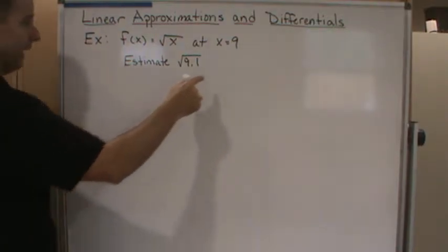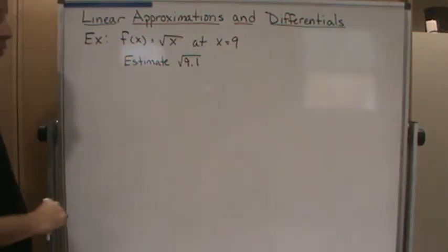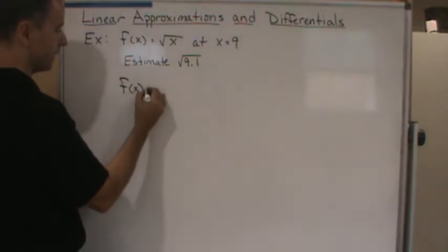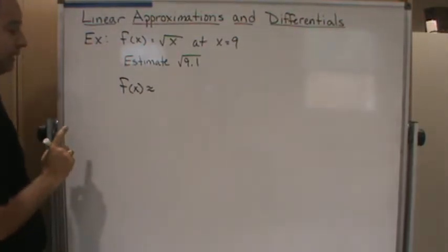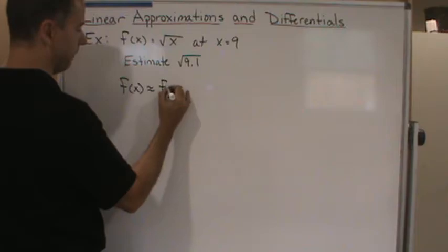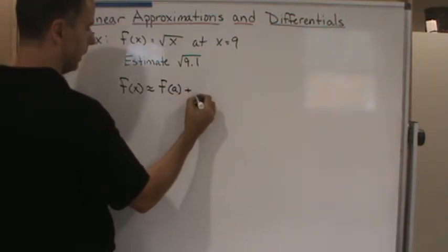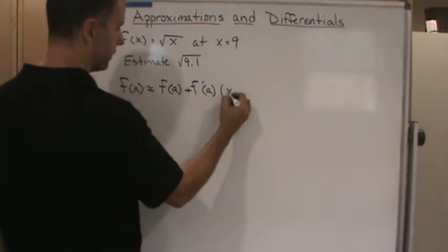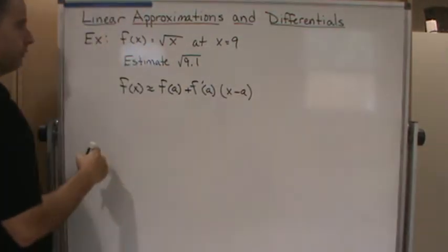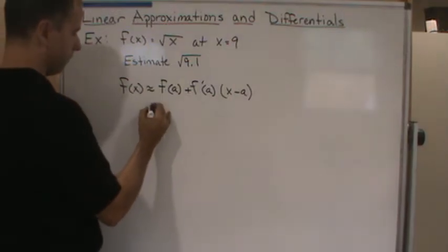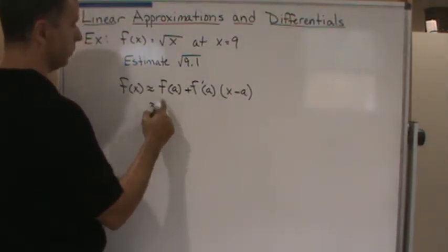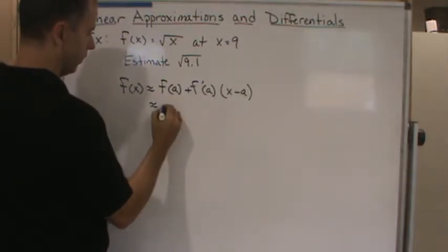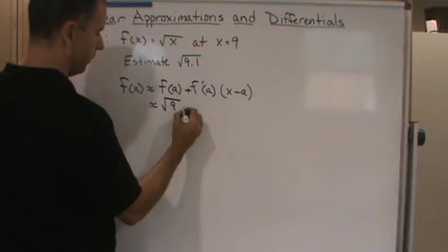So this is our a, this is our function, and we're going to approximate it. f of x is approximately equal to f of a plus f prime of a times x minus a. Now I'm going to fill in the information. f of a is the square root of 9, plus